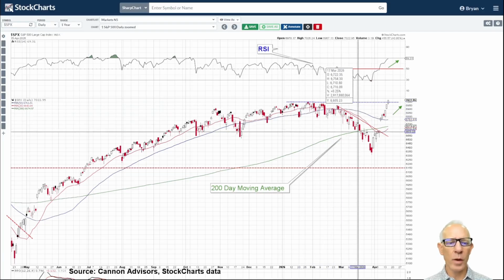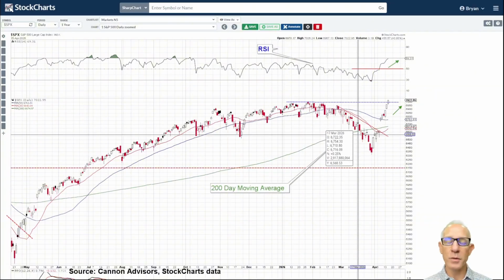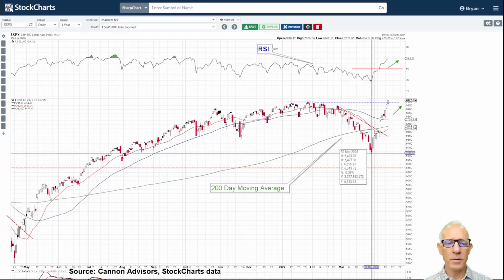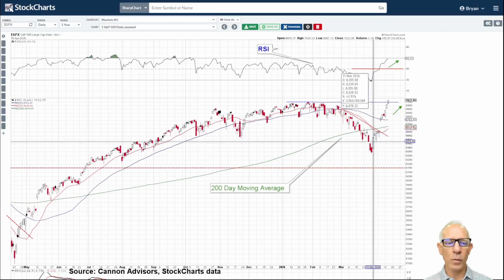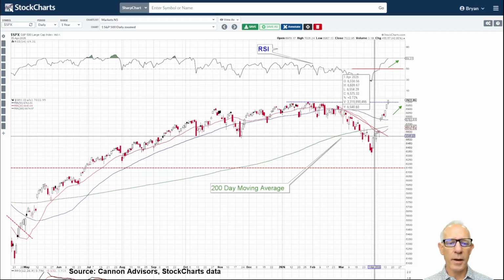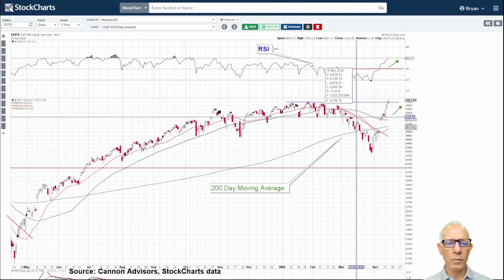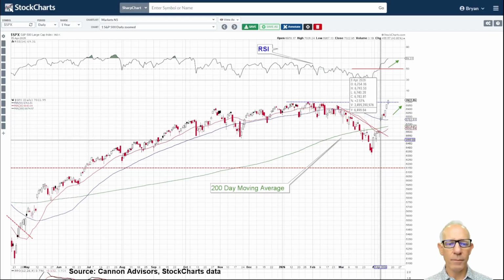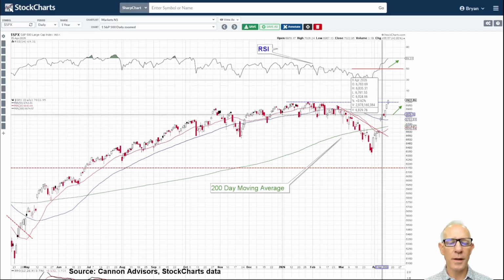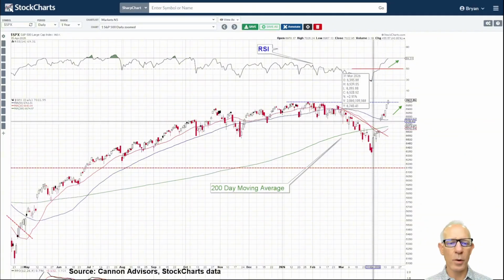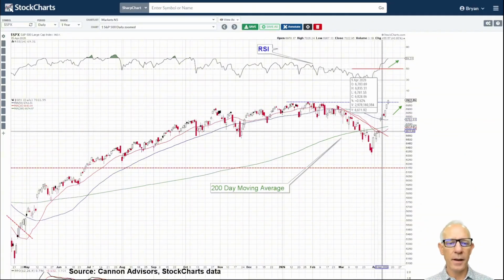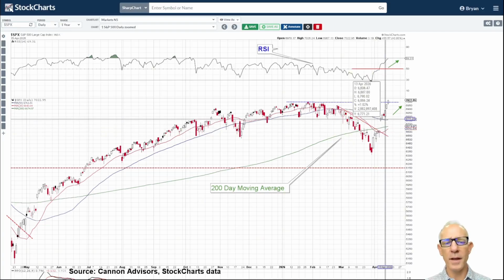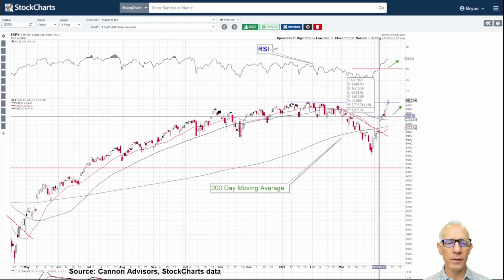Well, the bears ended up winning, and then they took out the 200-day moving average, which is significant in the world of technical analysis. That basically tells you that you have to start looking for a bottom. But it quickly came up and tested this resistance zone. Anytime you can't get above a range, it's very significant. And then it just jumped above it, and not only has it broken this downtrend, it also took out the 200-day moving average, and went above the 50 and the 20-day moving average. So that's all very significant.